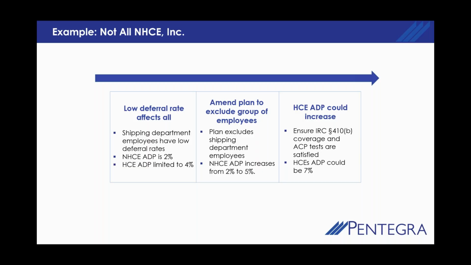I can do that by job classification and other ways. I can't do it by age or sex or those kinds of things, but I can do it by other non-discriminatory means. The test goes even further because it's a percentage of percentage test. If in my example here I had 2 highly compensated employees and one of them is out of the plan, I'm only covering 50% of my employees. Now I only have to cover 70% of 50%. That's only 3.5 employees. Now I cannot cover a half employee, so I'd have to cover 4, but now I'm only having to cover 4 out of my 10. Maybe that helps me get past my ACP test.